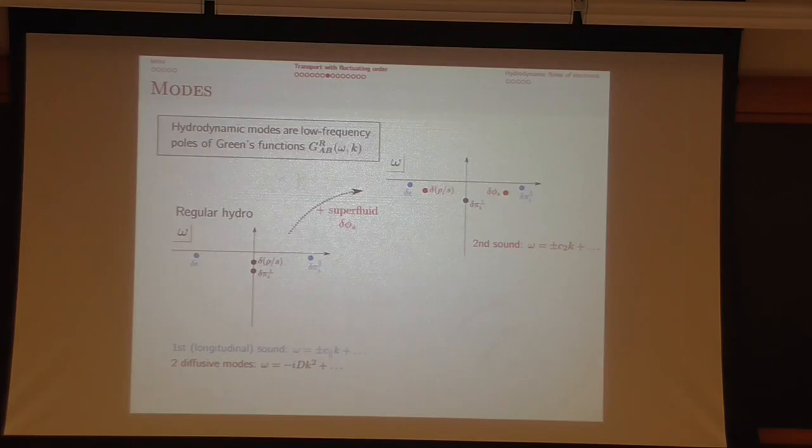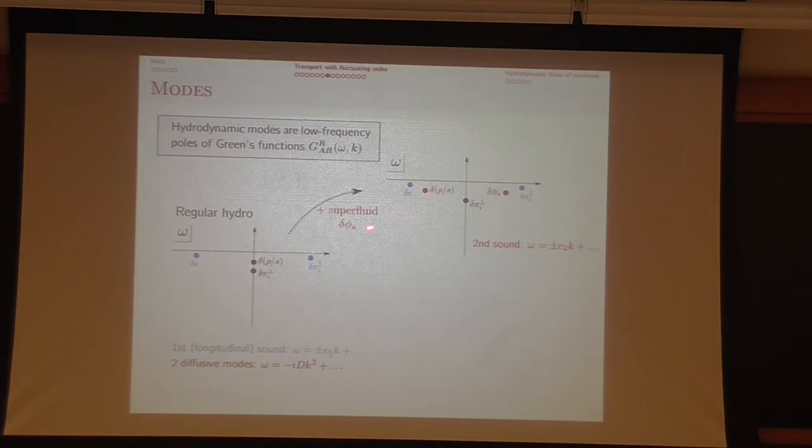And so you might be familiar with what happens if I add a superfluid to this picture. The superfluid couples with charge density and forms what's called second sound. So it basically lifts this diffusive mode into a pair of sound modes. So this pole structure has to be symmetric about the imaginary axis due to time reversal symmetry, and that's why sound modes come in pairs, for example.